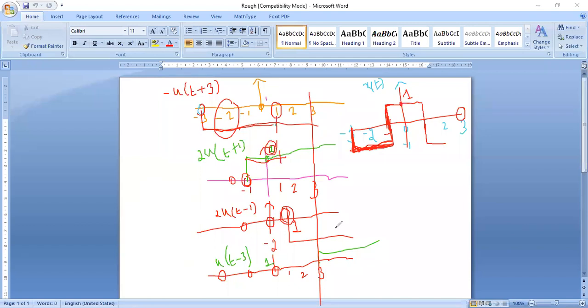Fourth one. So you see at t equal to 3, definitely there will be a change. So previous to 3, I have to maintain the old amplitude. At 3, I have to show the variation depending upon the added value of the amplitude. So let me add the amplitude: -1 plus 2 minus 2 and then plus 1. If you see, everything is cancelled. So at 3, my amplitude is 0.